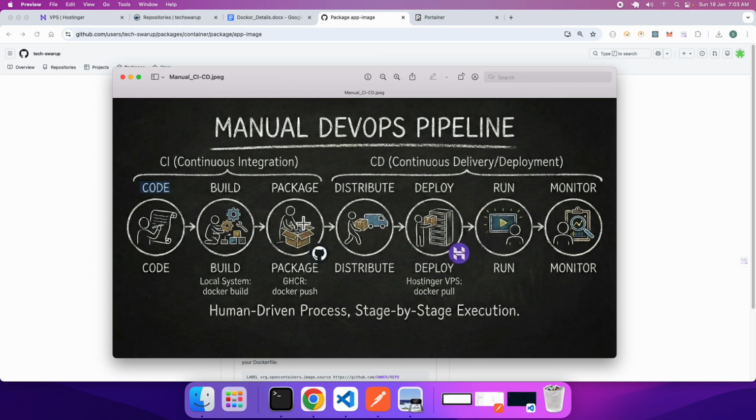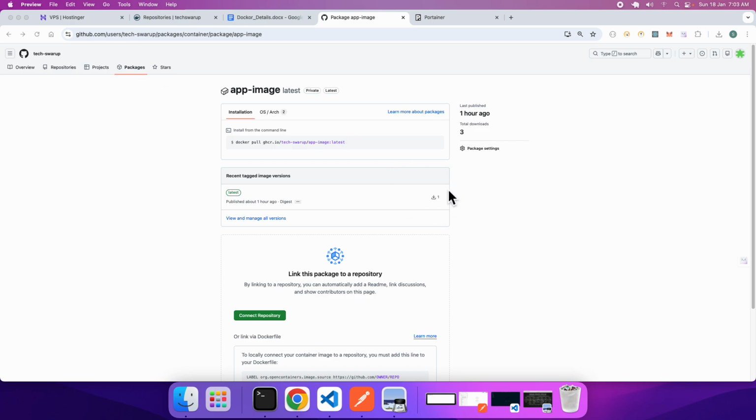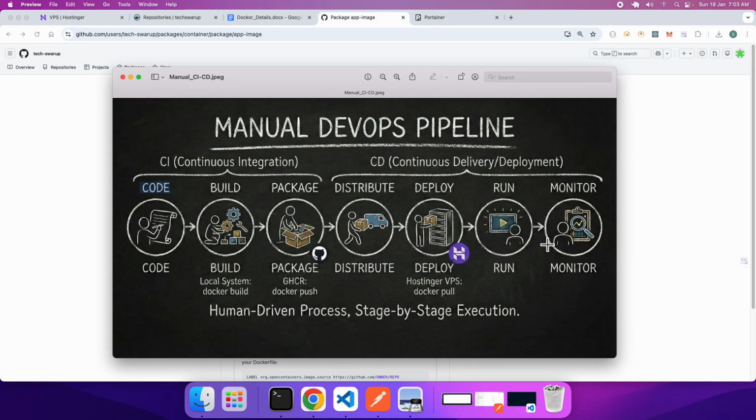Once you have done this, now you are in a very important phase. My application is now present in GitHub, and I have to pull this particular image down. But for that you need something called a VPS, virtual private server, and I'm using Hostinger. Unfortunately I cannot click over here, it will show me the credentials. So in short, you need to have a virtual private server where you will get the terminal, and in that terminal you will fire a particular command, and that is called